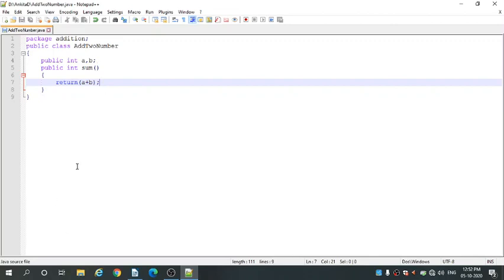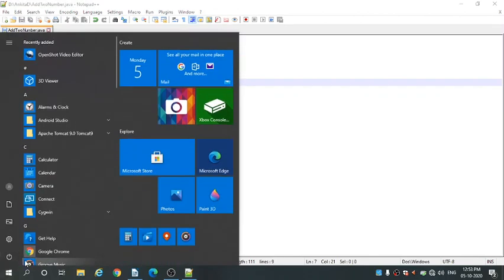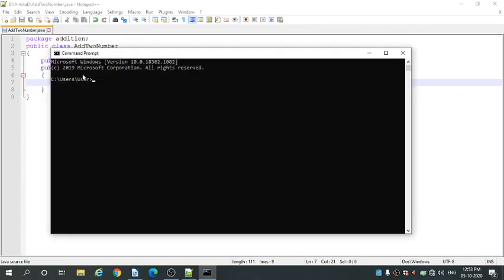So to execute this package, open command prompt. Okay, so D drive, enter into your folder. Okay, and write the compilation command.